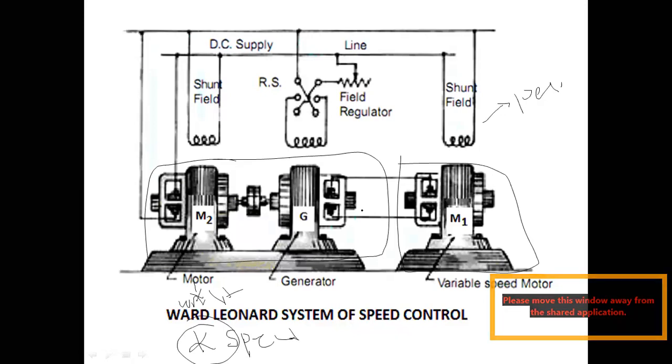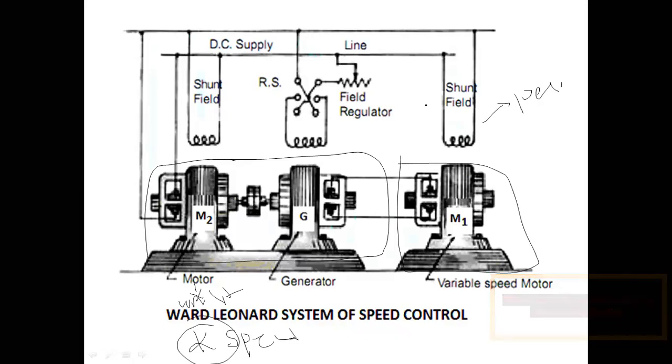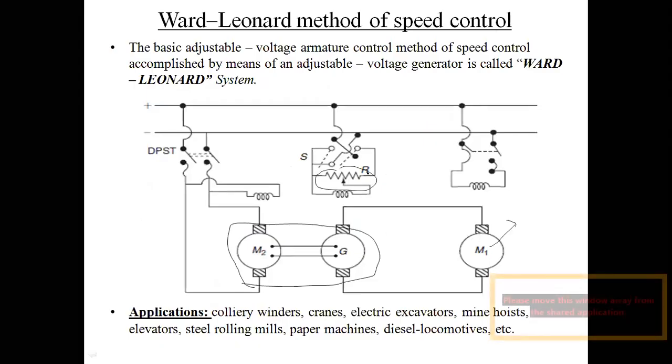So now we will see a small discussion. We can end it with this topic. Looking at this diagram, this R is nothing but a potential divider. M1 is your main motor. Now you have to control this motor speed. The main motor speed has to be controlled. So how are you going to control this motor?